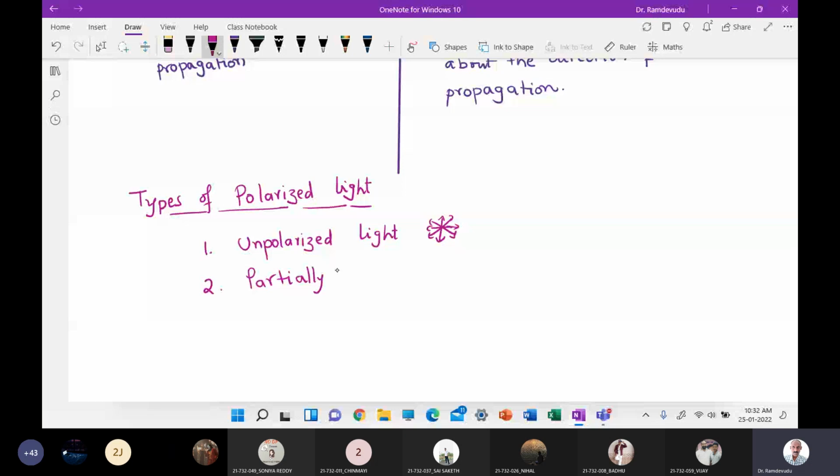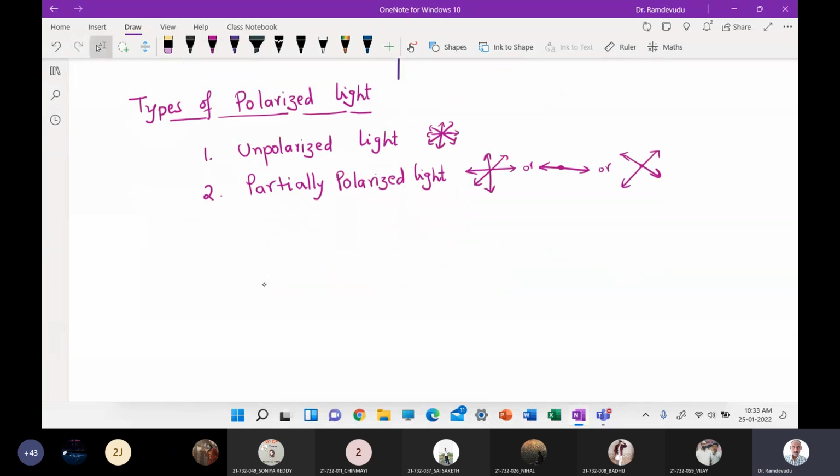Partially polarized light will have vibrations confined to only a few directions. Few directions means this is there in this direction, this may also be there, and this may be, that's all. The other directions are not there, only a few are there. Or this may be there and a perpendicular may be there. Or only two vectors are there, or more vectors may also be there. This is a partially polarized light. A partially polarized light will have vibrations in some directions. Then we have,